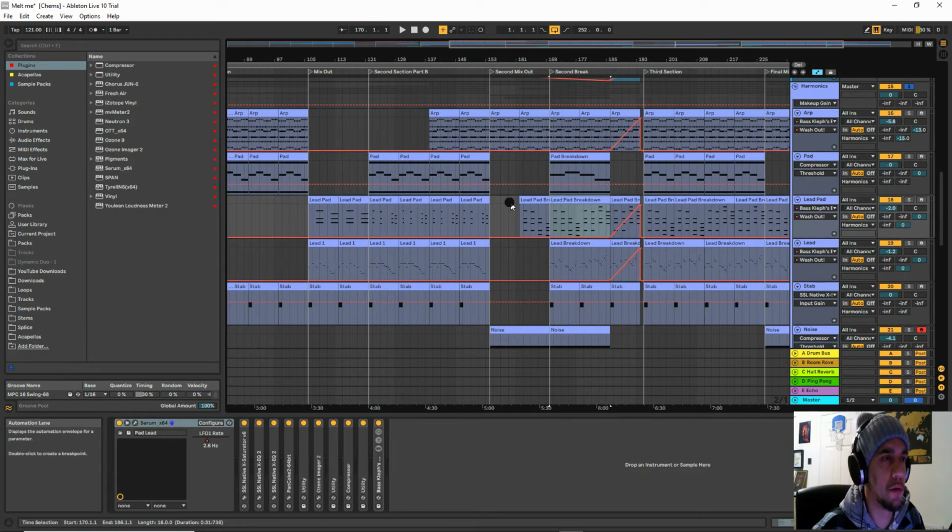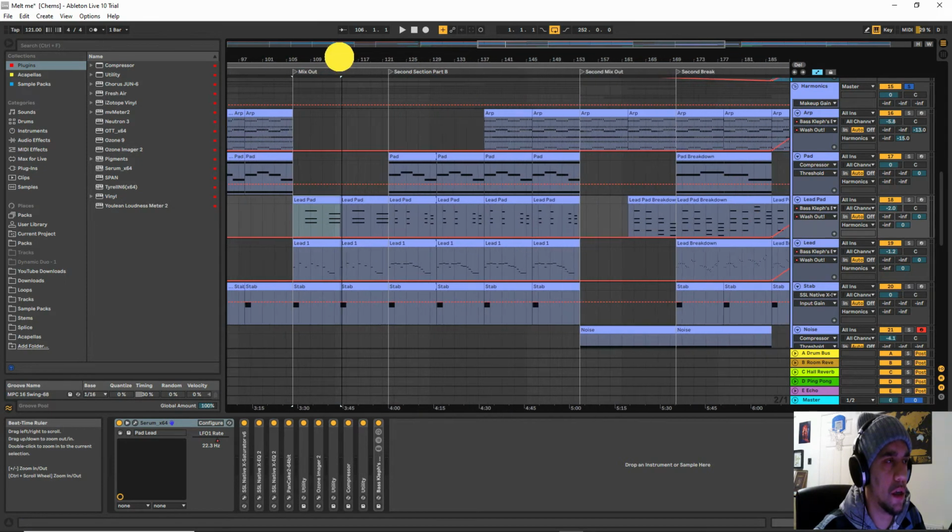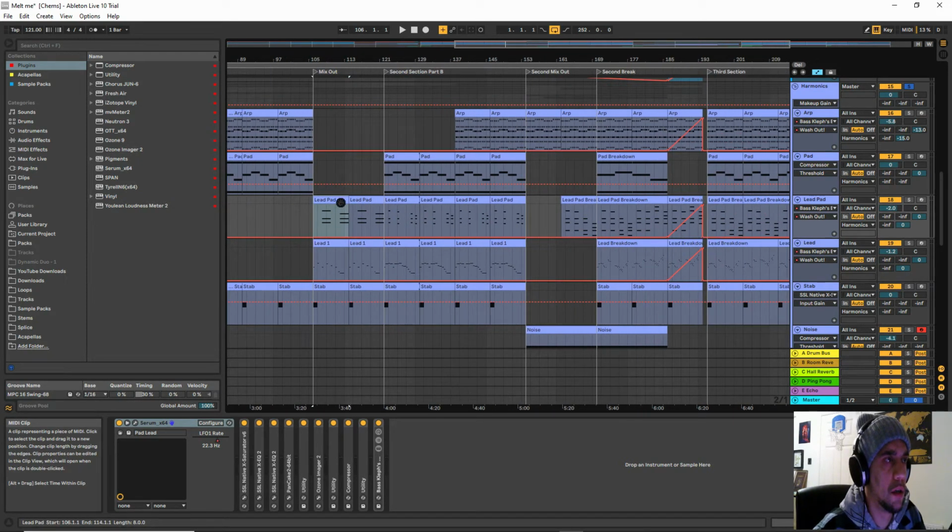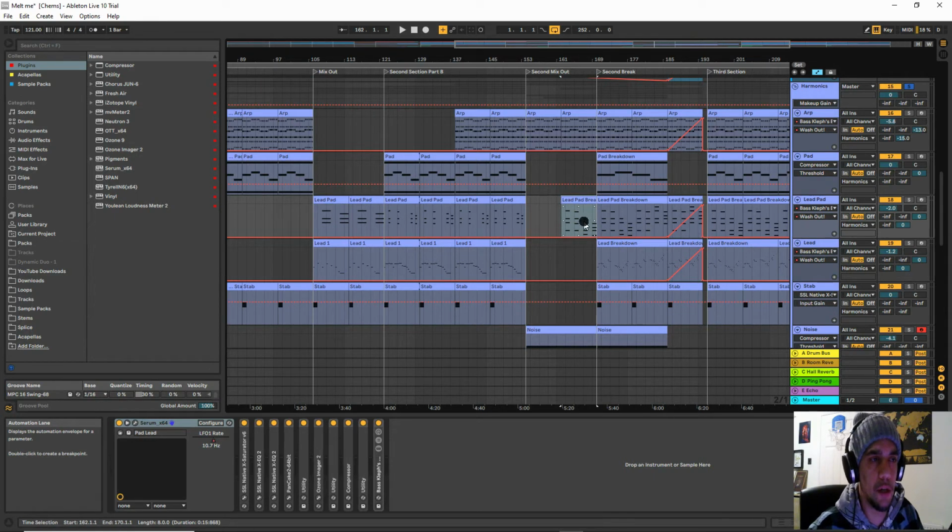The lead breakdown, so again, this has changed slightly. So the mix out section, where it drops a bit in energy level, is where we bring in the lead pad, and we've just got the 2 chords playing, and then it builds up from there. So then we've got 4 chords playing, and then it goes into the main breakdown of the track, where it goes back to the 4 chords,